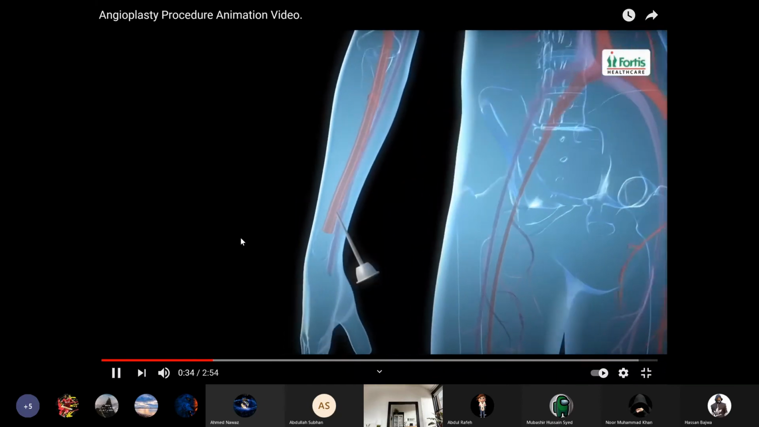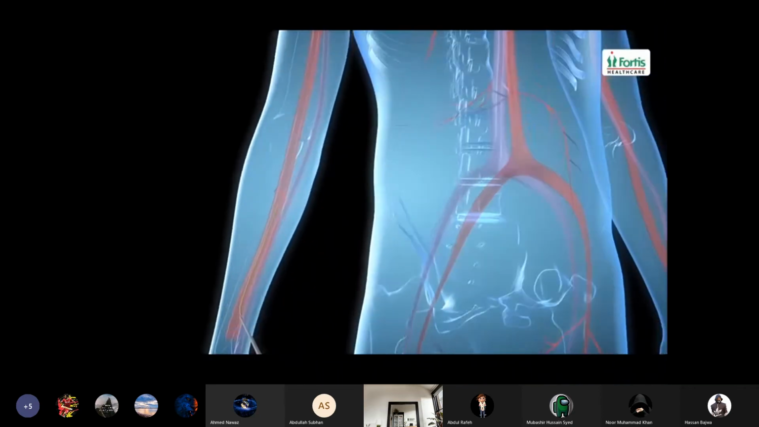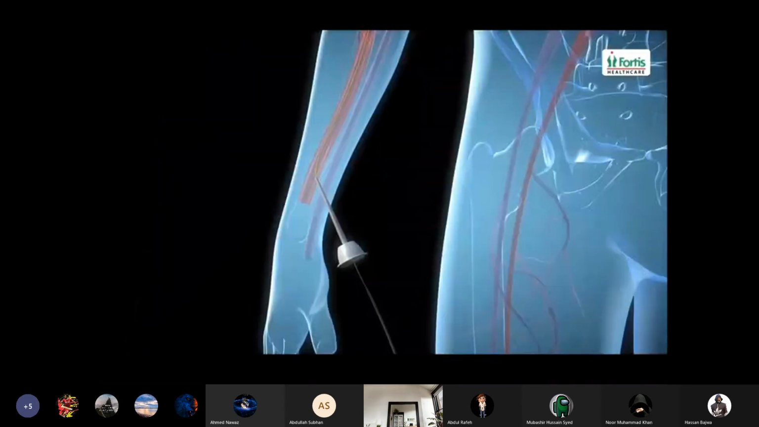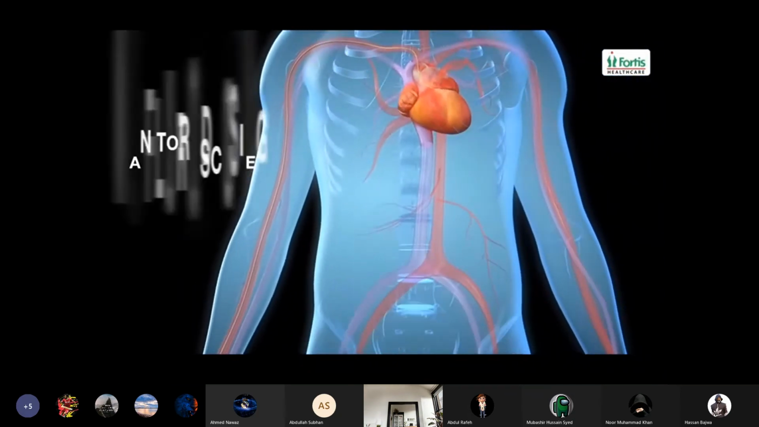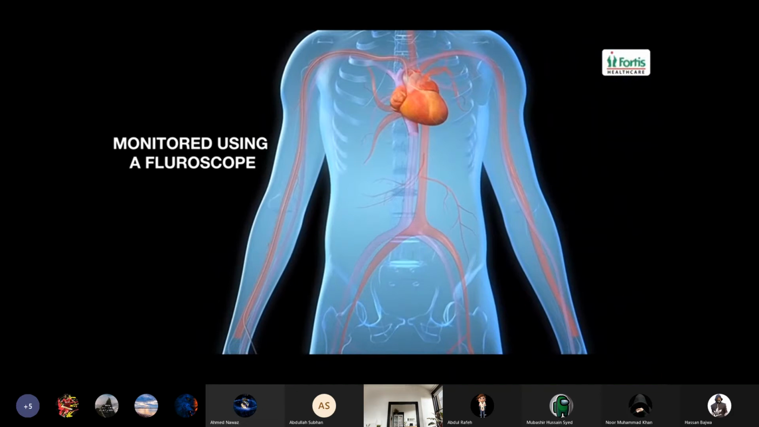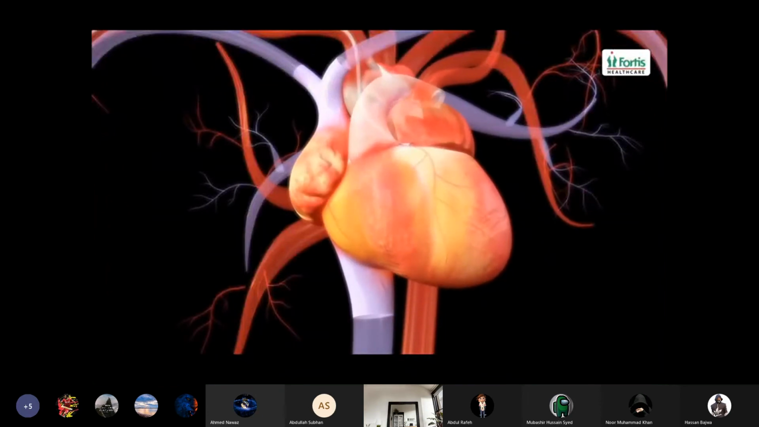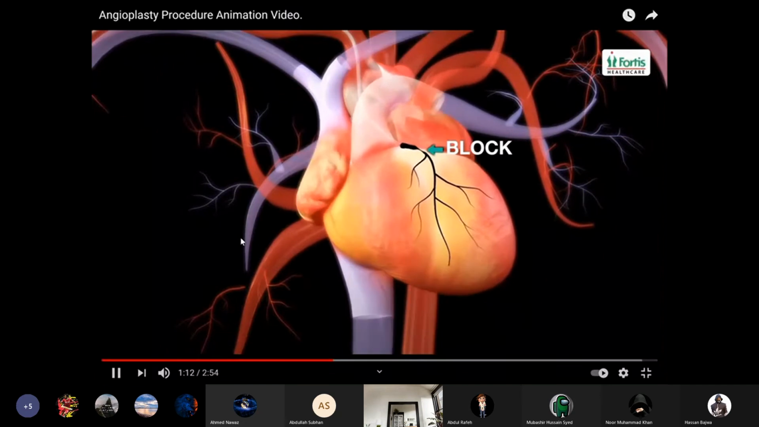A needle is inserted through the wrist into the radial artery. A guard wire is then passed through the needle and is guided through the arterial system up to the heart. A flexible catheter is slipped over the wire and threaded up to the heart. This is monitored using a continuous X-ray imaging device called fluoroscope. At this point, the guard wire is removed and the tip of the catheter is positioned to enter the coronary artery. A special dye is injected which allows the fluoroscope to take X-ray images of the arterial interiors and help in